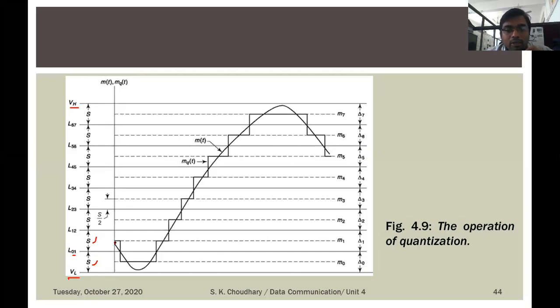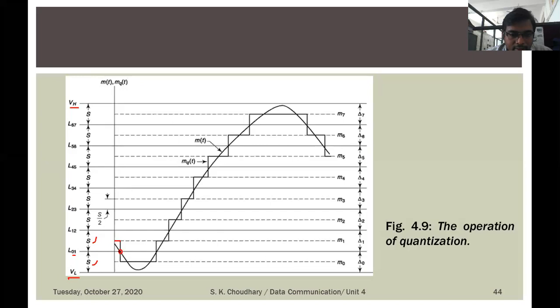And now we have to start the quantization. So you can see here, as per the movement of the original message signal, we have to follow the direction for the quantization. So start from this point where the message signal is starting to propagate in the time domain. This y-axis is representing the message signal as well as the quantized signal, the approximate signal, MQT. So now we start to draw the MQT from this point, and we proceed in such a way that the analog signal is proceeding.